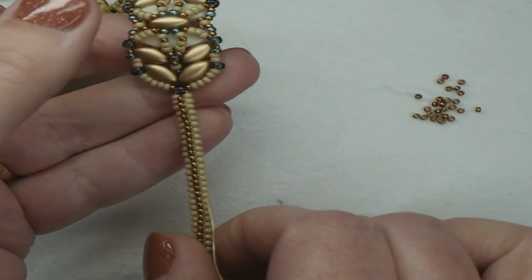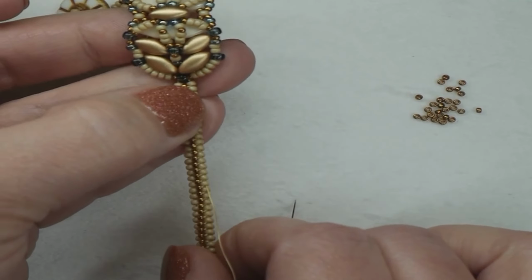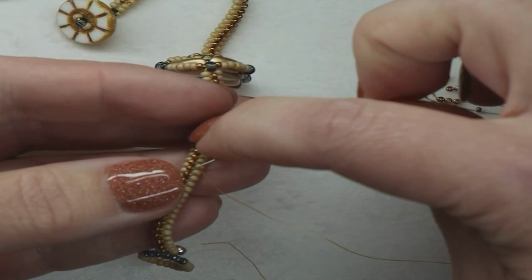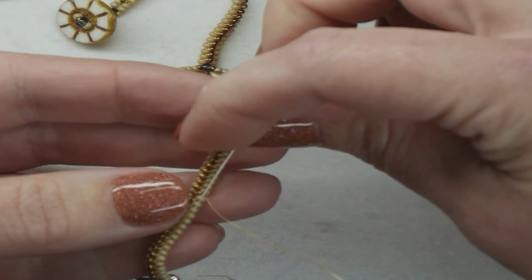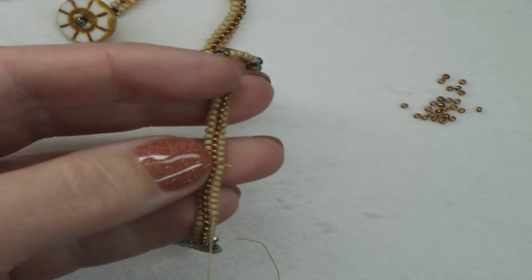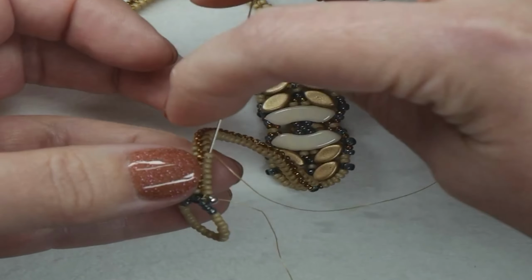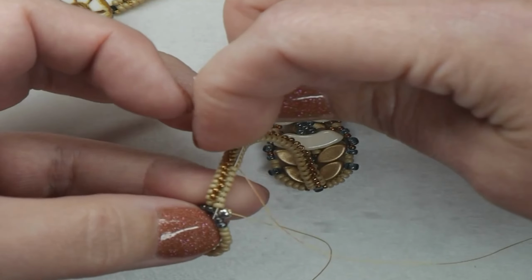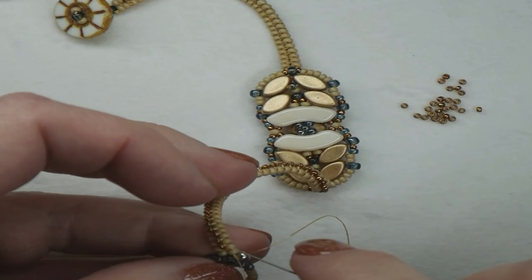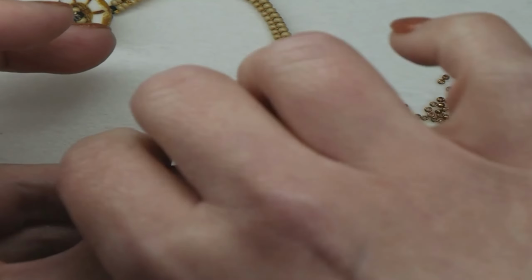If you feel like you're getting that curve, just tug on it a little bit like that. Just hold on to the bracelet and tug on it, and that should help get it spread out a little bit, but not too spread out to where you see a lot of thread. You're just wanting to go down all the way until you get down to the end. So I'm going to go all the way to the bottom. I'm going to go ahead and go through, make sure I'm in frame, go through that 8-0 one more time,